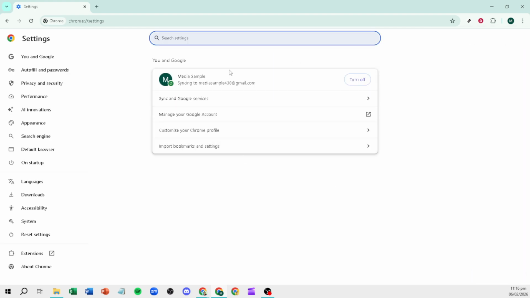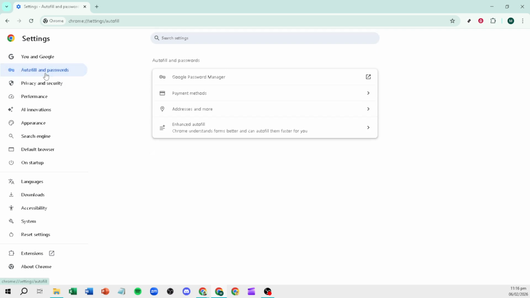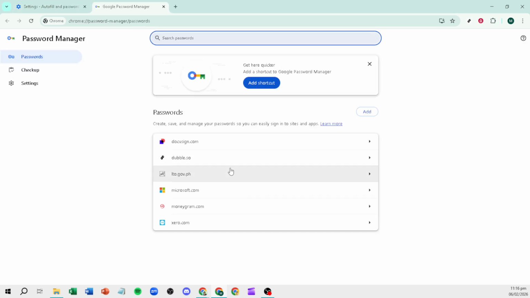On the left-hand side, click Autofill and Passwords. This section controls saved addresses, payment info, and most importantly for us, your saved sign-ins. Next, select Google Password Manager. This is where Chrome stores the usernames and passwords you've allowed it to remember, either locally or via your Google account sync. It's designed to keep your data protected, which is why you'll be asked to verify your identity before